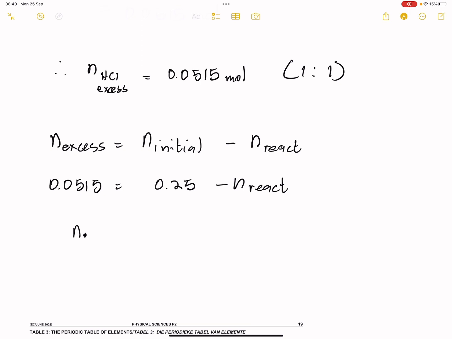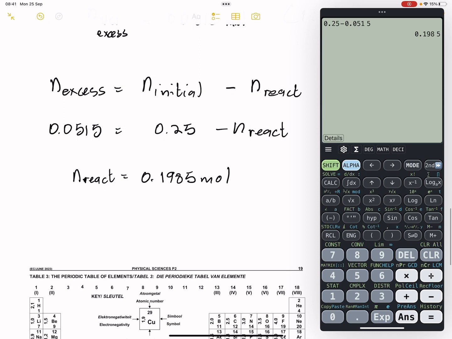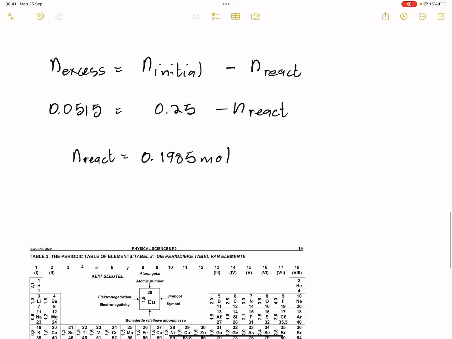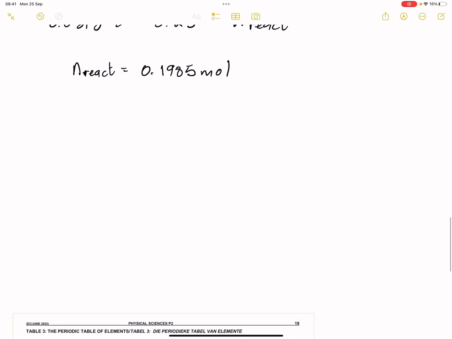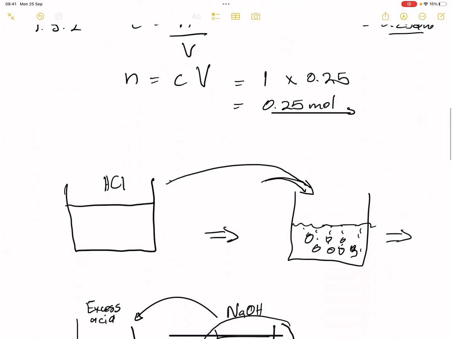So the number of moles that reacted, we're going to take 0.25 minus 0.0515, and that will give us the number of moles as 0.1985. I'm just going to keep all of those decimals for the sake of accuracy. So now I'm looking for the mass of the eggshells, right? Remember, they've already